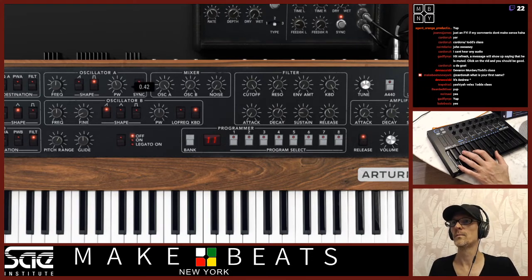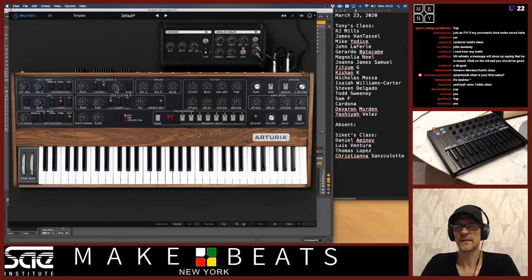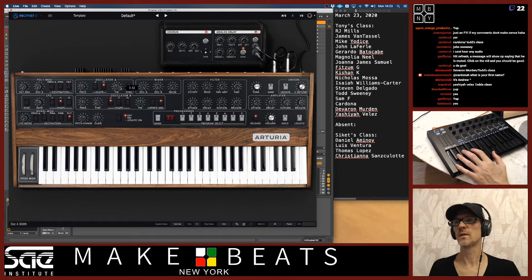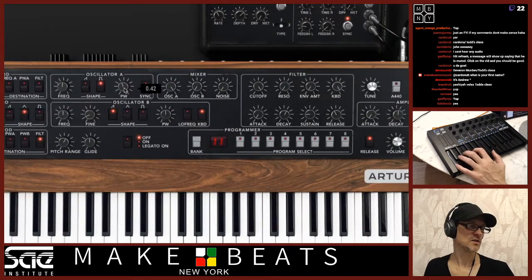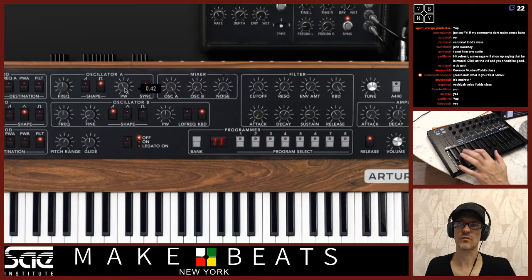All right, so I actually used to have an OB6 from Dave Smith Instruments. That's like an Oberheim, a modern Oberheim. And that one had a pulse width knob on it as well for the square wave like this one does. And it also did the same thing. When you moved it all the way to the right, it actually stopped playing because the waveform just kind of disappeared.